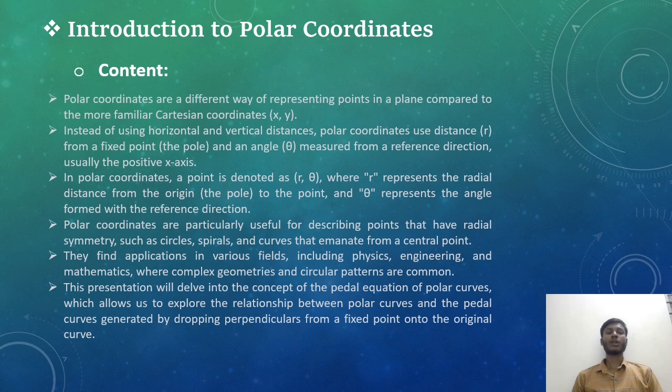In polar coordinates, a point is denoted as (r, theta), where r represents the radial distance from the origin to the point and theta represents the angle formed with the reference direction. Polar coordinates are particularly useful for describing points that have radial symmetry, such as circles, spirals, and curves that emanate